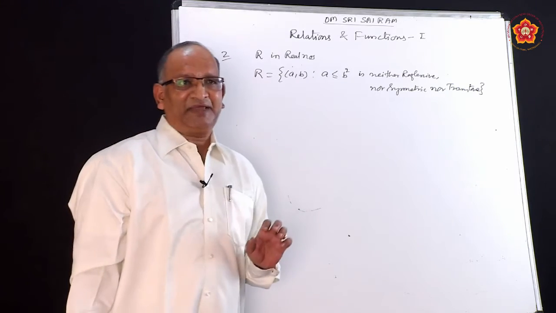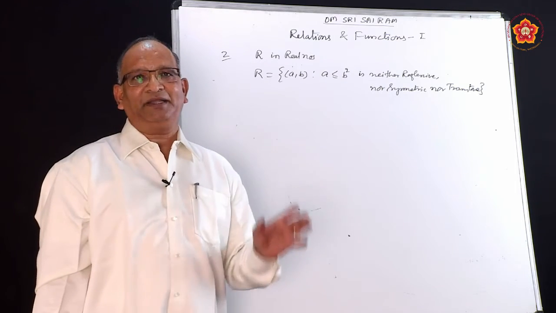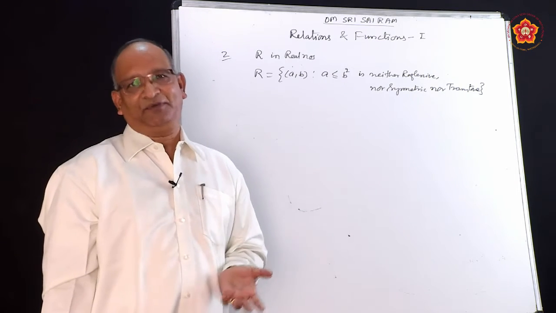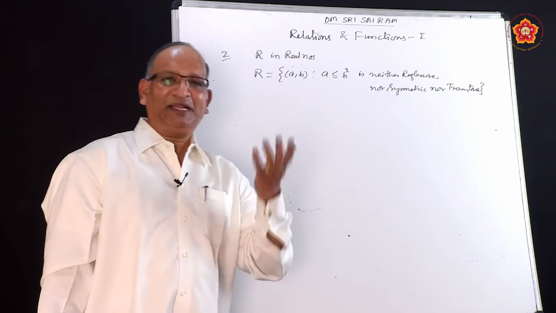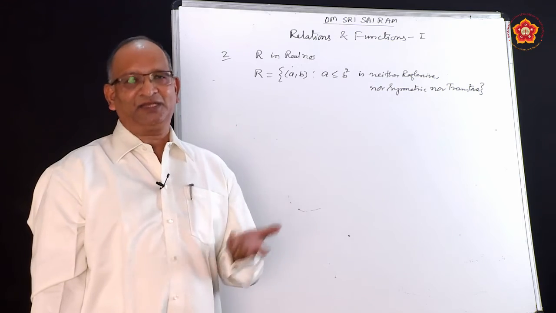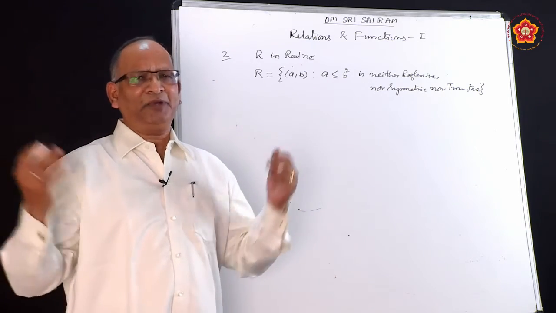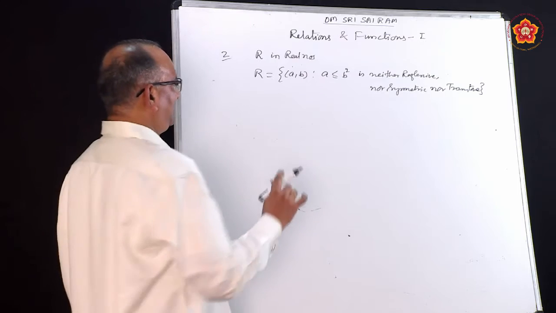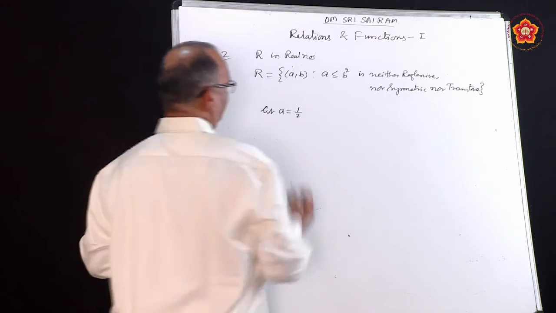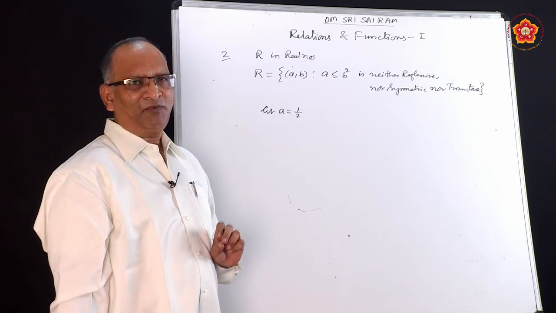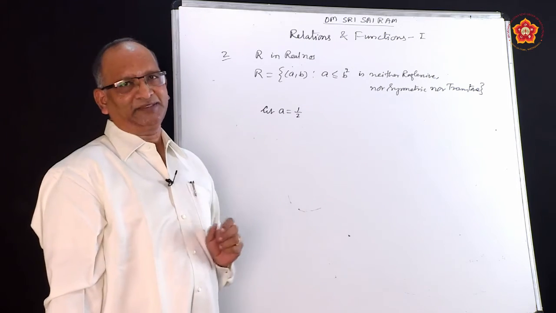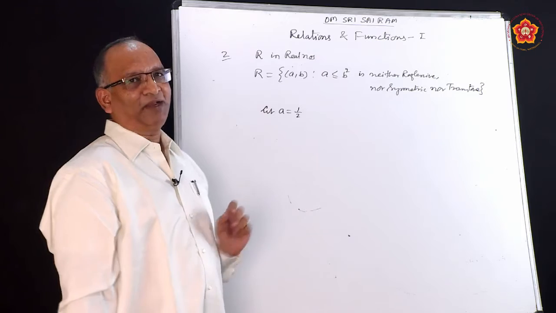We want to prove that the given relation is neither reflexive nor symmetric nor transitive. He is asking us to confirm. Since you need to prove that it is not, for each case, if you give just one example, that should be good enough. Any example you can give from the set of real numbers. Let us begin with A equal to 1 by 2. One example for reflexive, one for symmetric, one more for transitive.